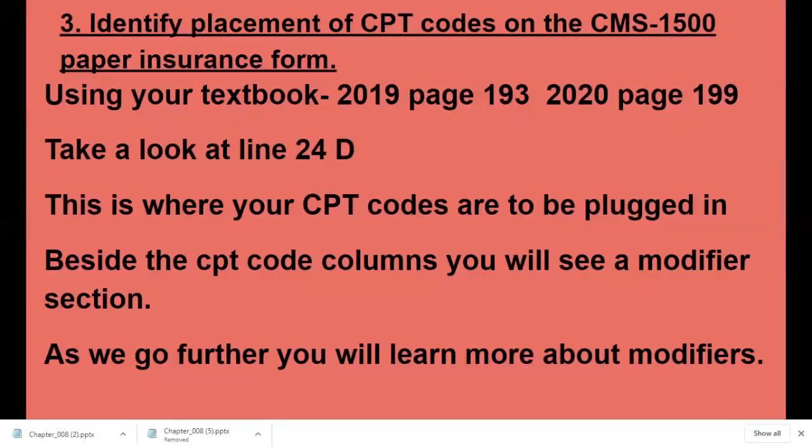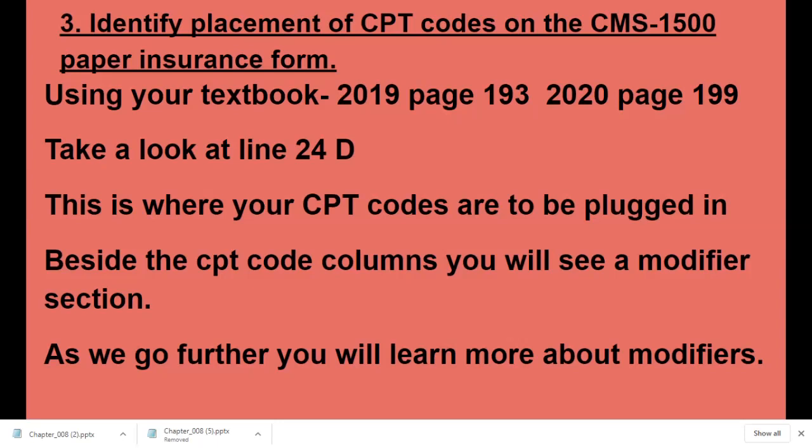Identify placement of CPT codes on the CMS 1500 paper insurance form. This is what I want you to understand. The 1500 form that we've watched the video on and we're looking at in our books, on page 193 in one book, step by step, and on page 199 in the other. When you look at that, the CMS 1500 form is a paper form. This is a paper claim. So if you look in your book on page 199 or 193, depending on which book you're in,